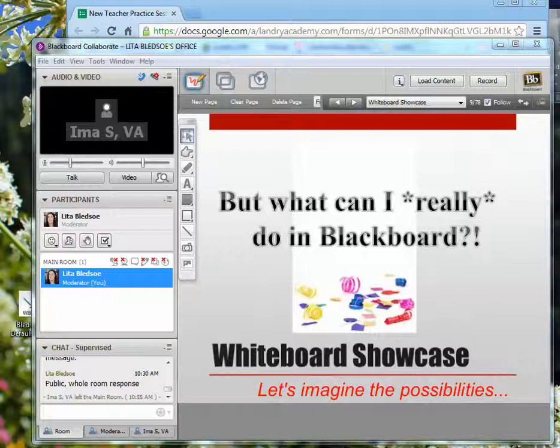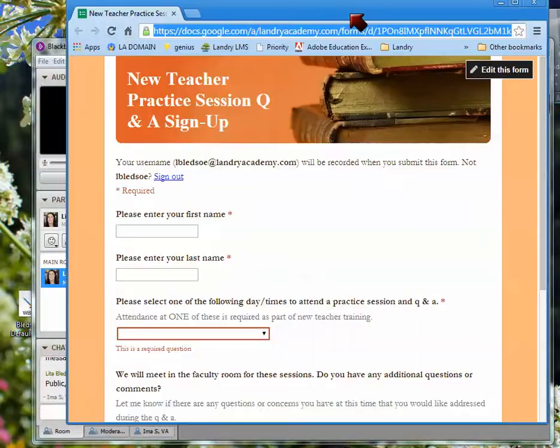It's very similar to the interview process in that you'll need to have a few slides and an activity to be able to practice on. But since there will be other people in the room, you'll have an opportunity to practice on other people, turning permissions on and off, interacting with them on the whiteboard, interacting with polling or discussion questions. So what I need from you is to sign up for the new teacher practice session.